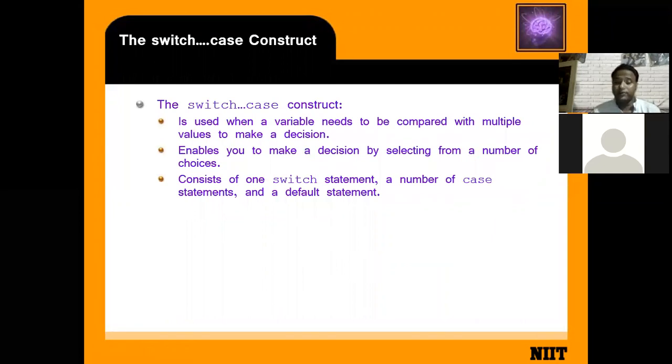Then we're using the switch case construct. The switch case construct is used when a variable needs to be compared with multiple values to make a decision. It enables you to make a decision by selecting from a number of choices. It's just like when you are going to a restaurant.